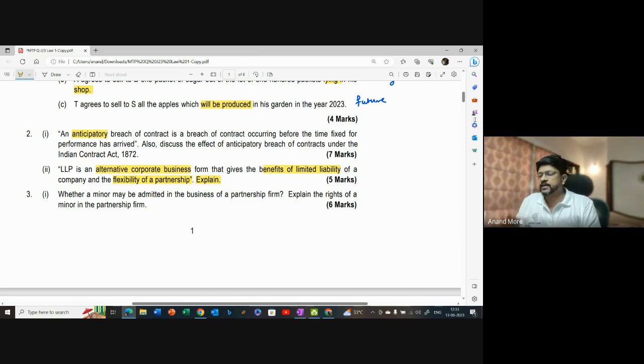And the second point, flexibility of partnership. In case of a joint stock company, the creation of a joint stock company is a lengthy process. It involves a lot of different permissions to be obtained from the company registrar. It is not something which can be done by the shareholders or the promoters on their own by just making an agreement.